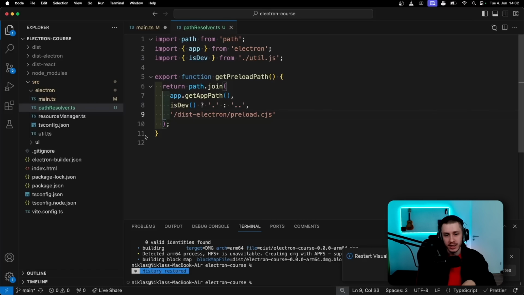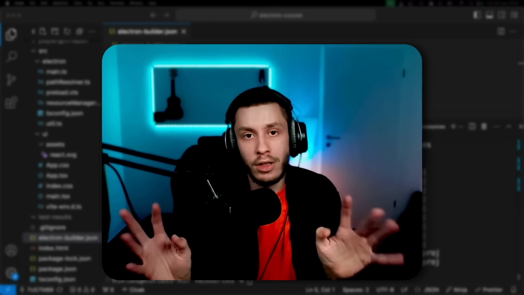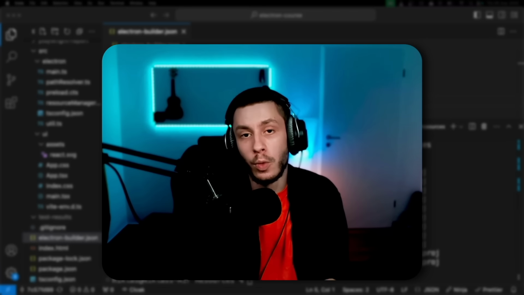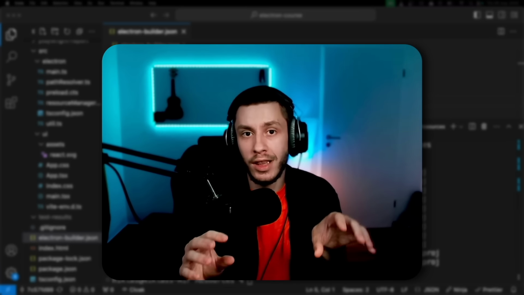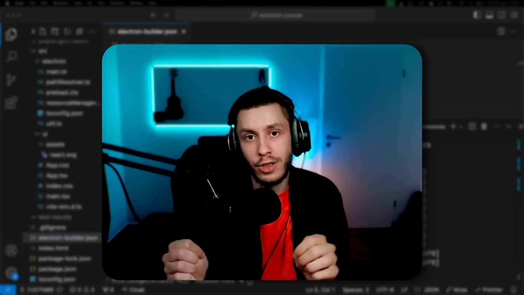Well, Electron-Builder will actually bundle all of our TypeScript files inside of this Electron folder into a singular file in the end. And because we actually need to load this using the file system, this can't happen. So we'll just add another extension and write this in CommonJS to basically avoid this. And this little workaround right here is also the reason why we're going up one directory when we're in the production build. We will later on tell Electron-Builder to actually handle this file separately, thus causing it to be placed